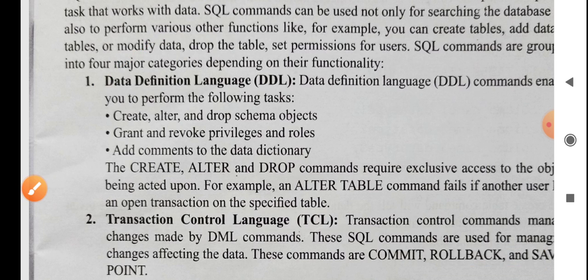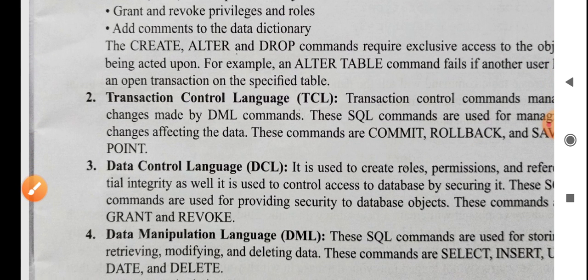Next we have the TCL command, or Transaction Control Language command. This command is basically used to save the changes or to manage the changes made by the data manipulation language. For example, when we are doing any type of transaction with the bank, commit or savepoint will be used for a safe transaction.